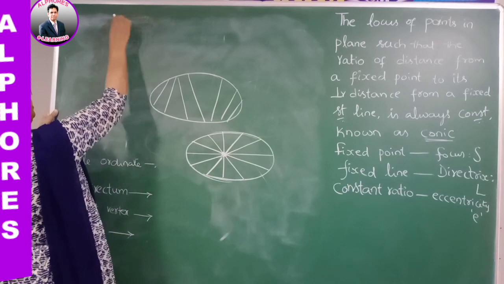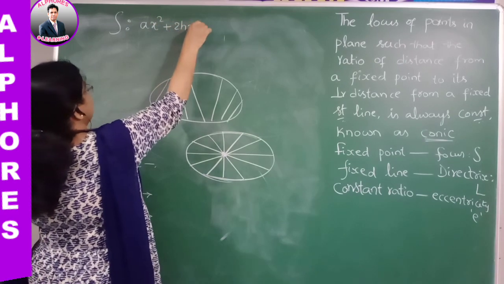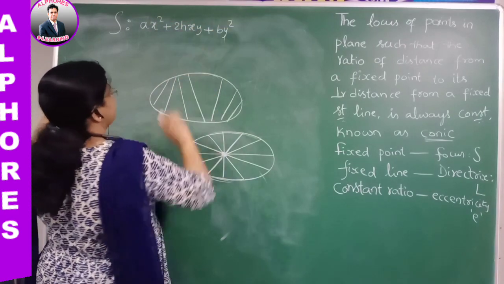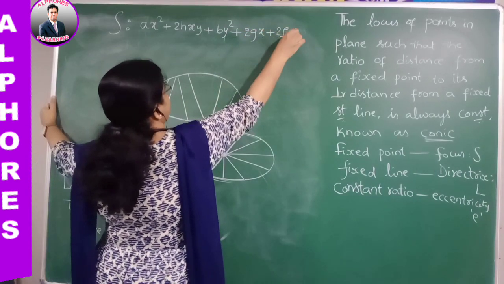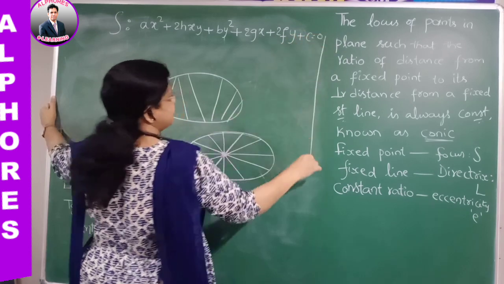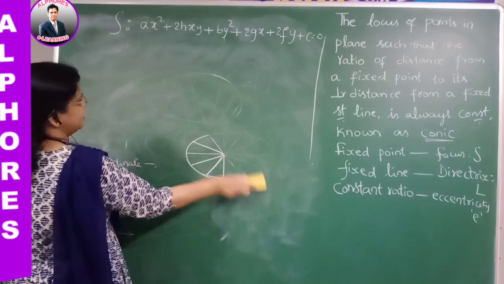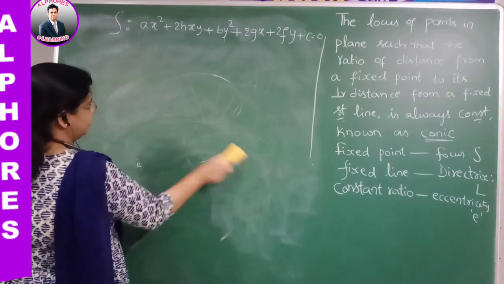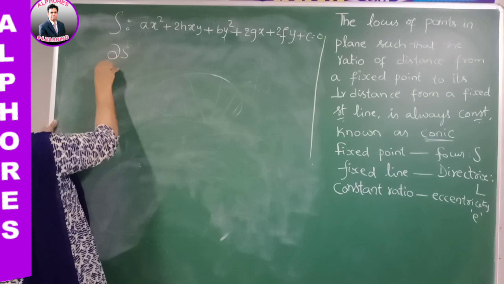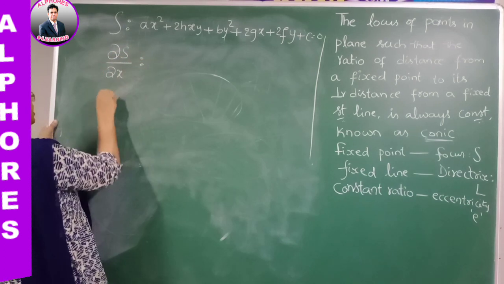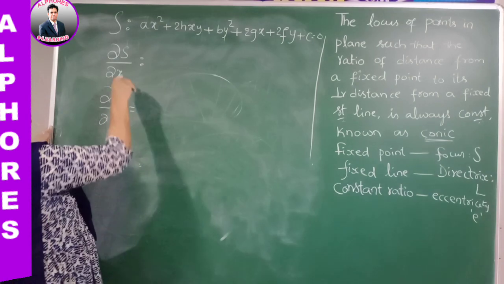And suppose the equation we are having, S is ax square plus 2hxy etc. This big equation we are having, right? So this is the equation we are taking, S equal to the entire thing, and suppose they ask you about the center of this conic. Easily you can say, students, it is nothing but the partial derivative with respect to x and the partial derivative with respect to y. So if I write dou s by dou x and next dou s by dou y, all of you know about this partial derivative. What is this value?